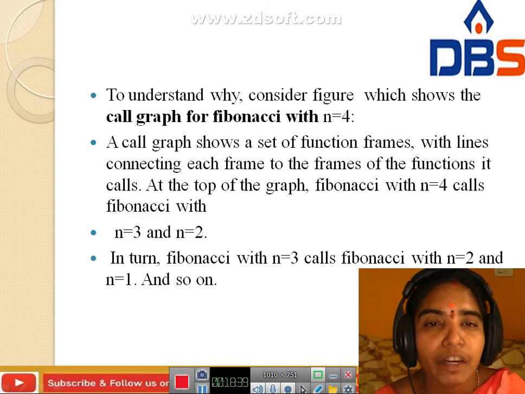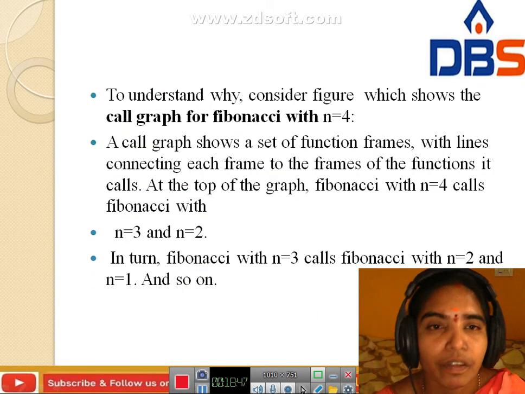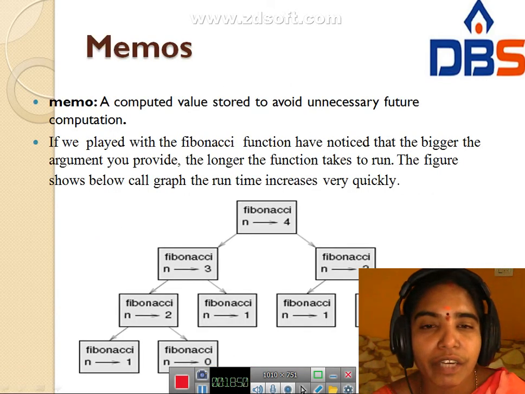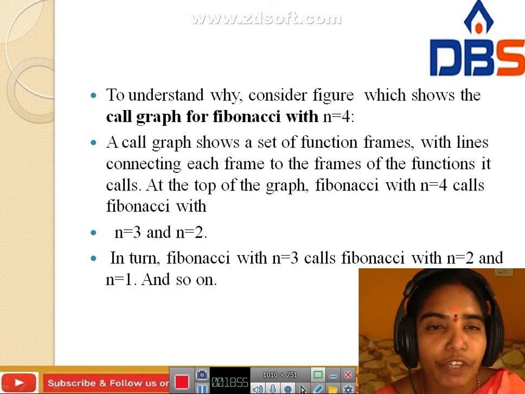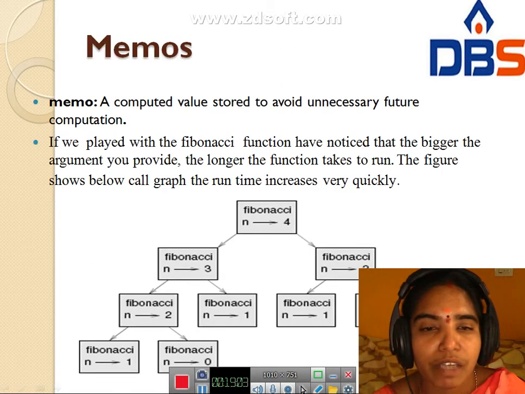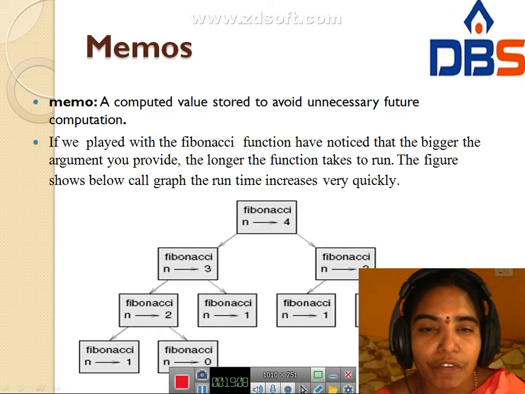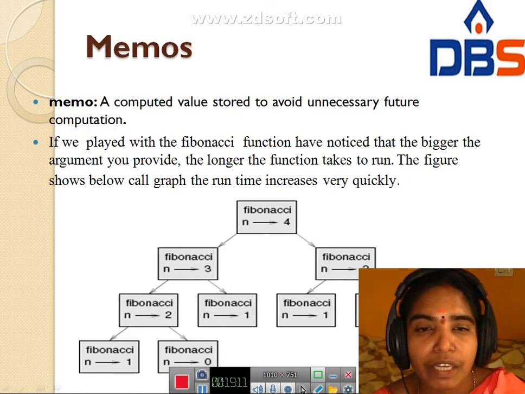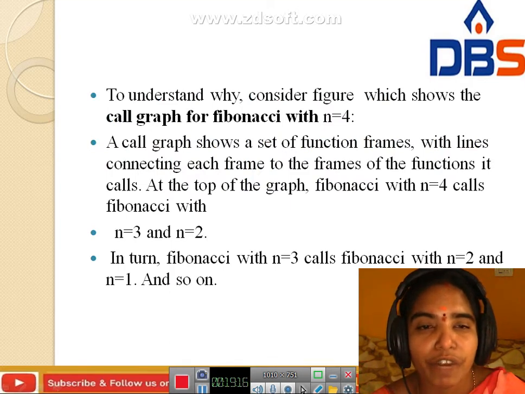Next, to understand this figure, it shows the call graph with n equal to 4. A call graph shows a set of function frames, with lines connecting each frame to the frames of the functions it calls.